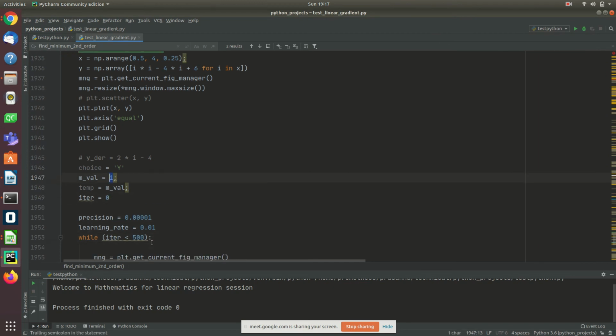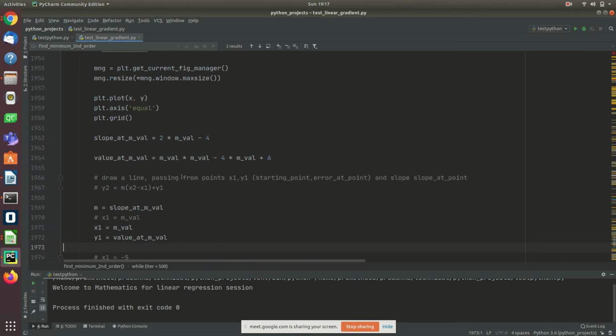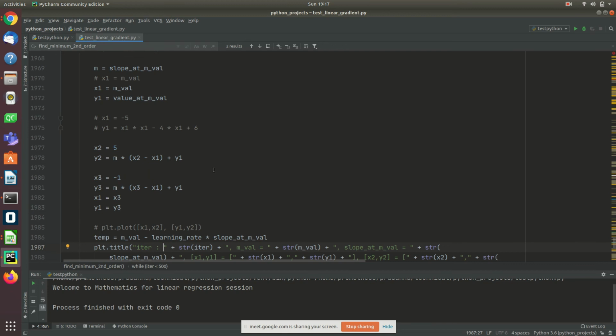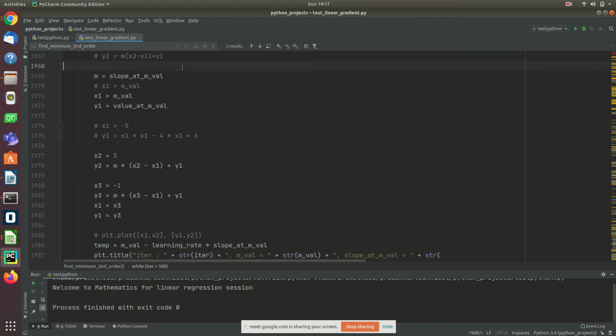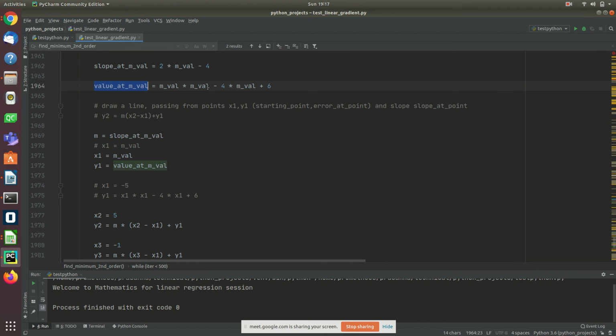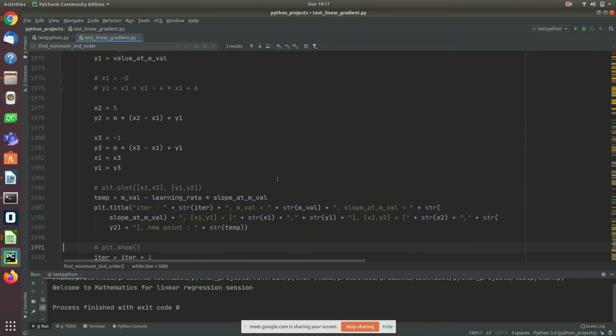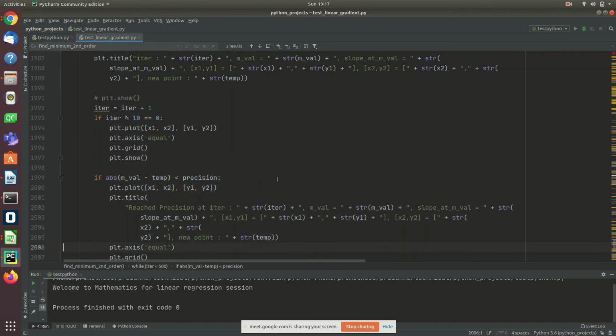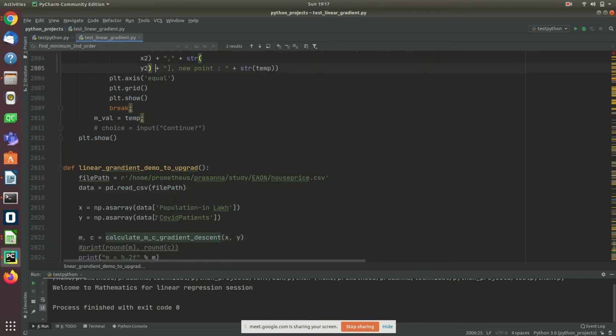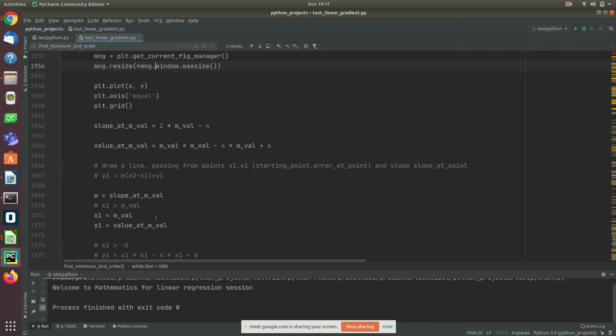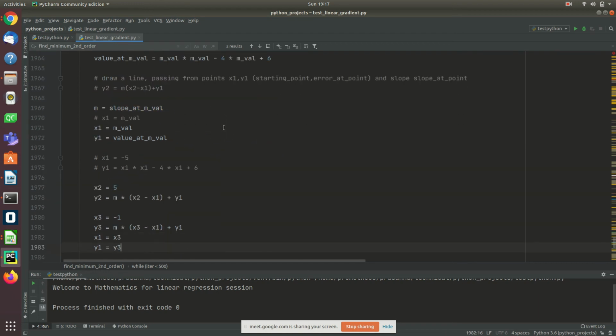I start with 1. I have a slope at 1. Okay. I calculate my new points. Where is that? It's here itself. Okay, and then I draw something here. I need a precision. If I meet it, then that's okay. Otherwise I keep on continuing till I have number of iterations. So the important point is here, this one. कुछ ज़्यादा है नहीं इसके अंदर, nothing else.